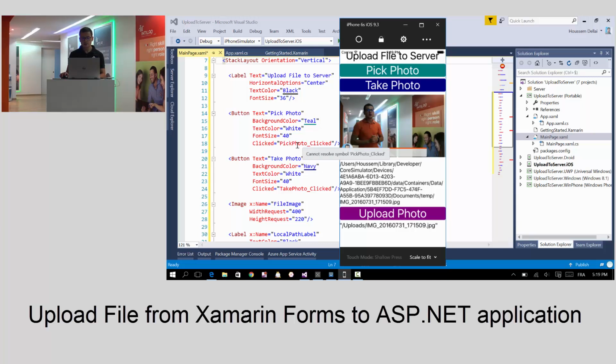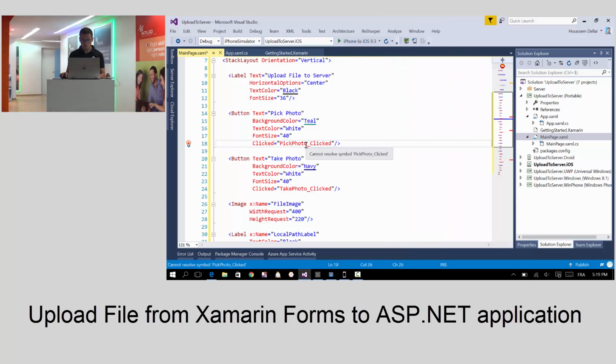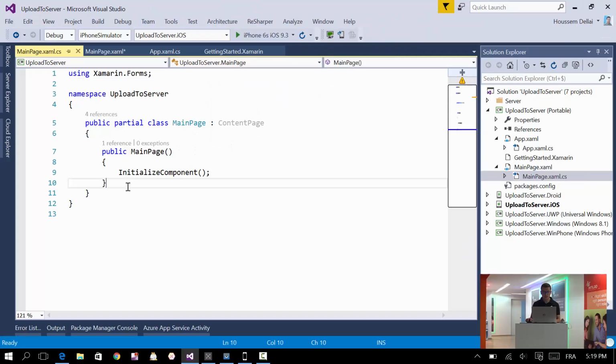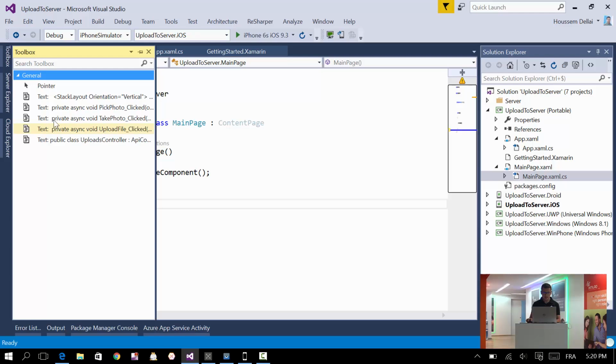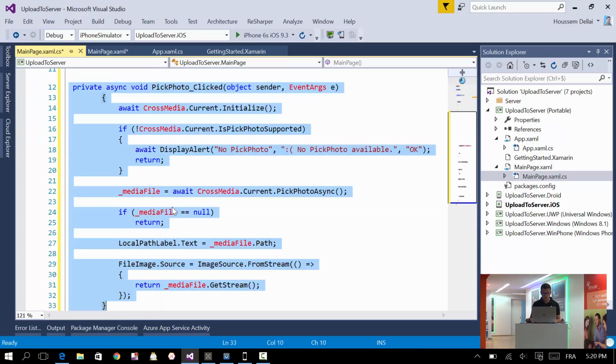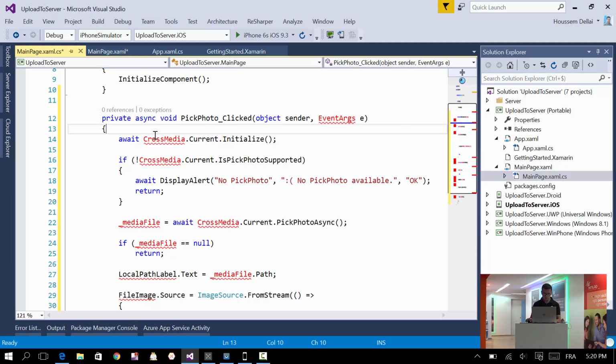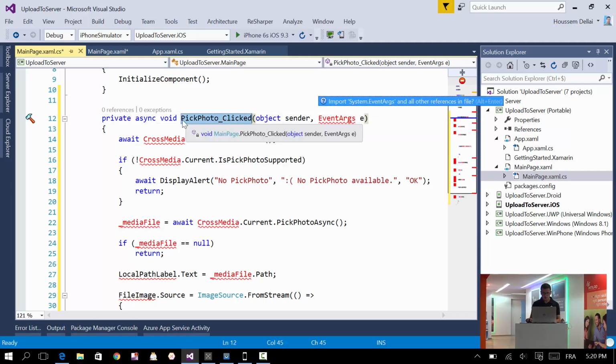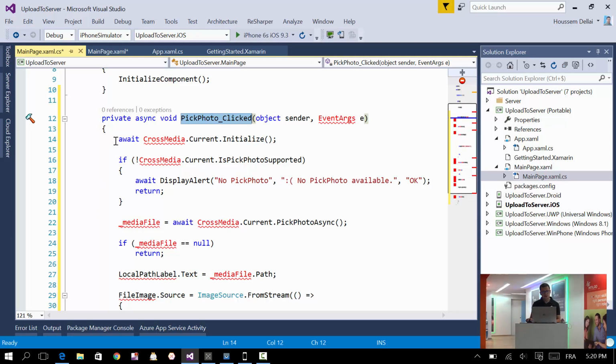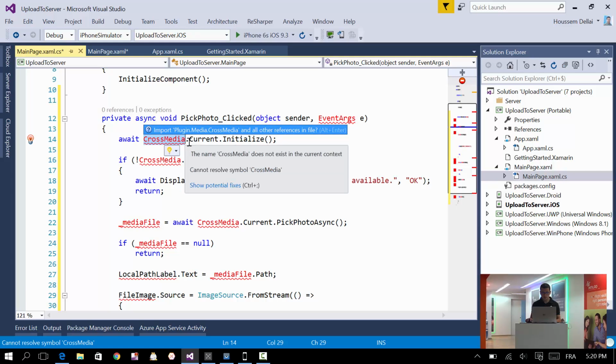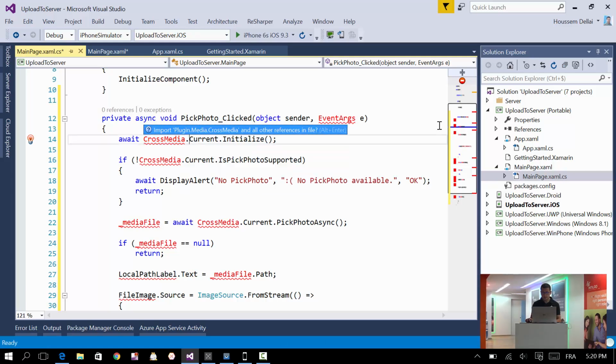So let's start with the pick photo and take photo events. For the pick photo, I'll go to the code behind. Here I have the MainPage.xaml.cs, and here I go and implement the code. Here will be our pick photo event, and here you see I'm using the CrossMedia object, which is coming from the Plugin.Media NuGet package. For that, I need to